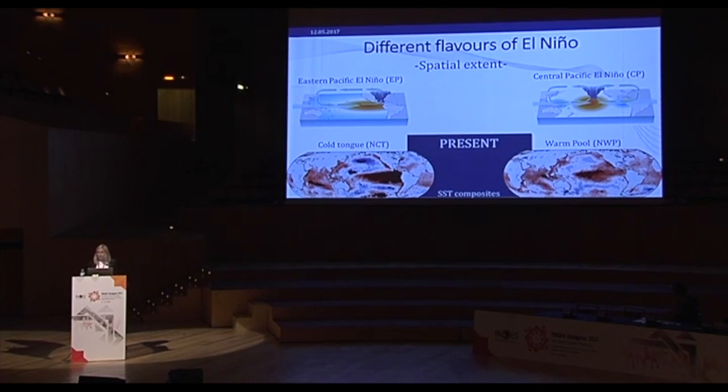So how does it look in the real world? Those are composites of Central Pacific and traditional El Niño years, and you can see that the SST anomalies in the traditional Eastern Pacific type are quite pronounced. We have massive warming in the east, which extends to the entire tropical Pacific. In comparison, this is the Central Pacific El Niño type, which has pronounced warming only in the Central Pacific and is much smaller in amplitude. We're talking about 1 degree, so they have a very different spatial